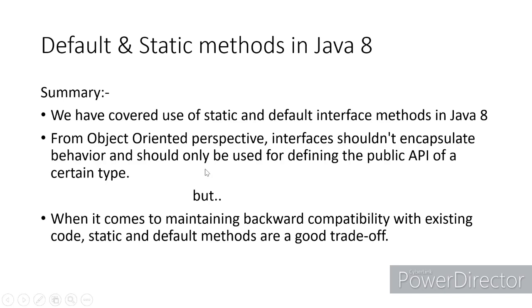So that might be the reason why it came with this so late. Maybe earlier it did not come, thinking that you should not have behavior in an interface. But later on, when it faced all these issues in later releases, finally in the Java 8 release, they agreed with this trade-off, and they agreed to having default and static methods inside Java 8. So this covers everything regarding default and static methods.